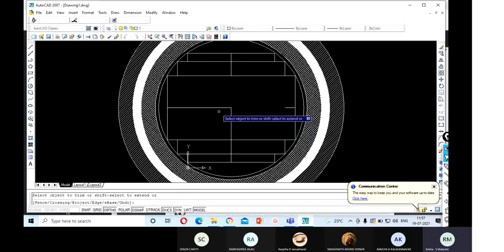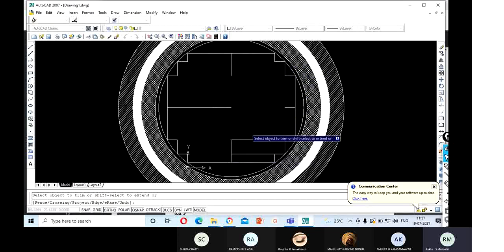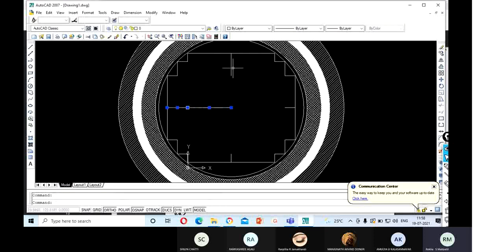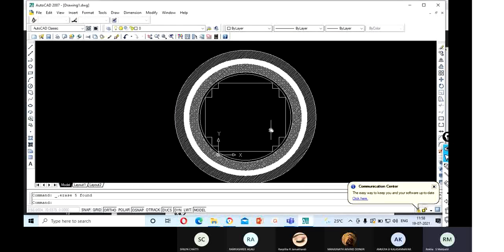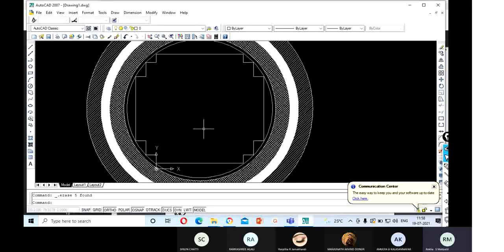Now you can just delete all these internal lines. Sometimes if you cannot trim, you can delete those. And now this can be hatched.